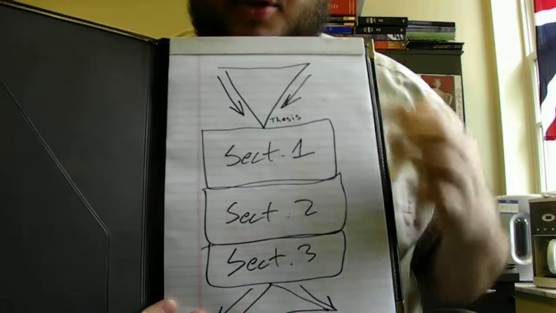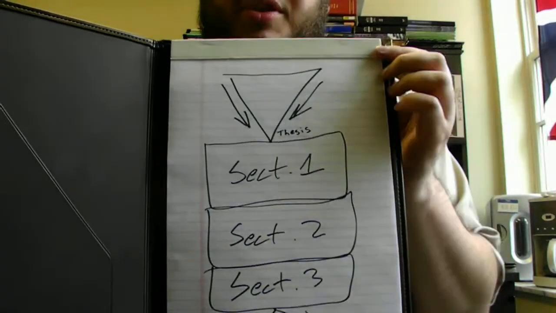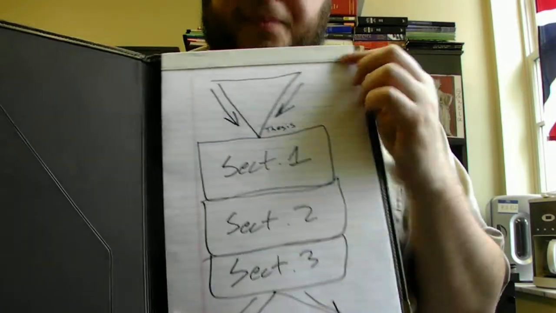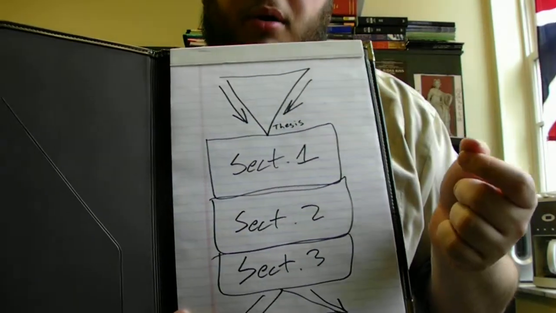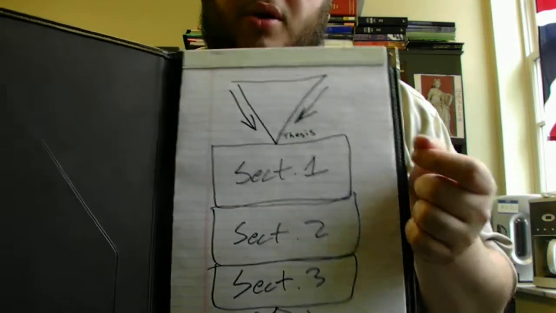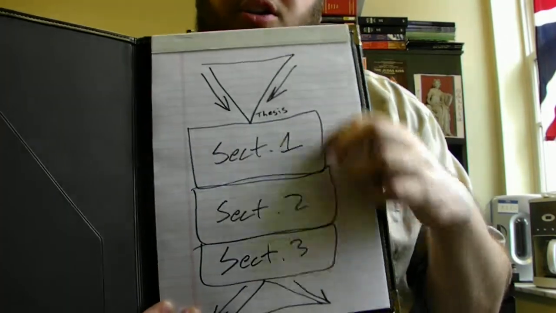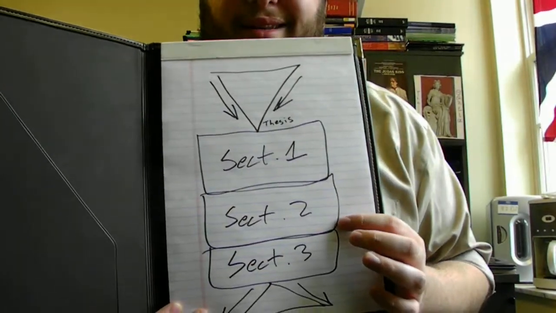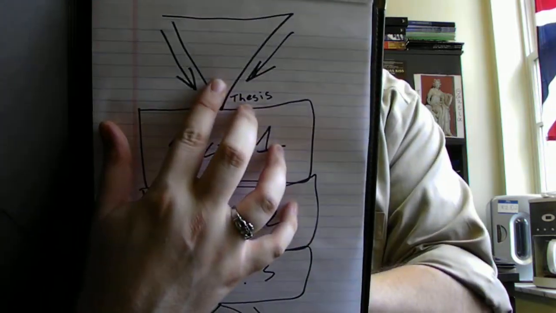So we've got what are called triangle introductions and triangle conclusions. And I'll talk a bit more about what those specifically involve in just a second. And then you've got 3 main chunks of the paper. Now, part of the problem with the 5-paragraph essay model is that each of these chunks is its own separate thing. So part of the problem with this structure is that it leads to really disconnected papers. So, there's a couple of things I want to say specifically about the 5-paragraph essay structure, things that you want to avoid. First off, the triangle introduction.